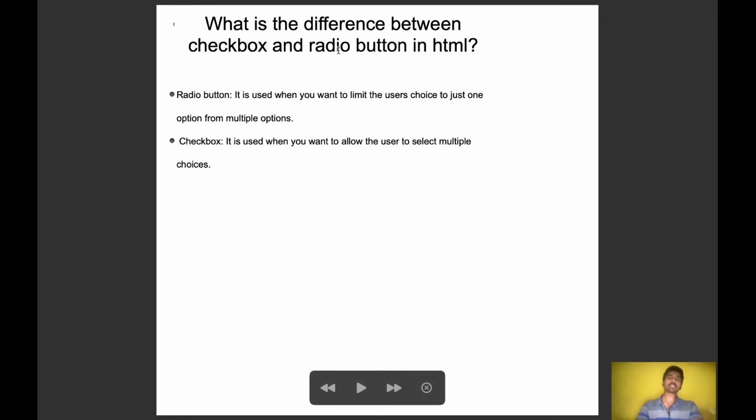So radio button means, let's say you want to select one option from multiple options. Let's say you want to select your gender from male, female or other. From these three options you want to select only one. Then you can use the radio button. Checkbox is useful if you want to select only one option, meaning there is no alternative for this one, like agreeing to terms and conditions. If you want to select one from multiple options, you can use the radio button.